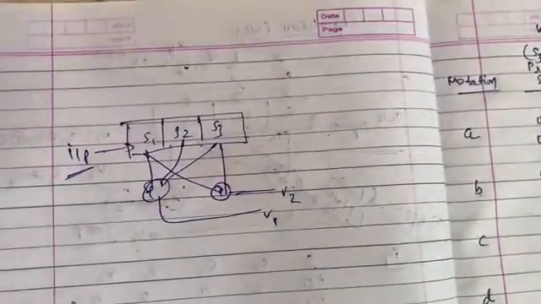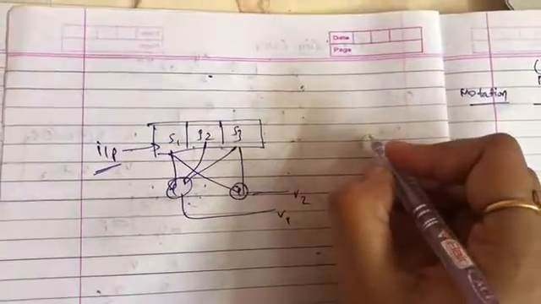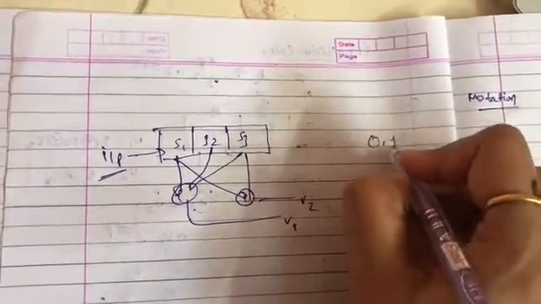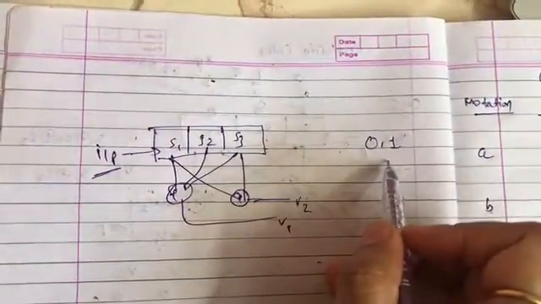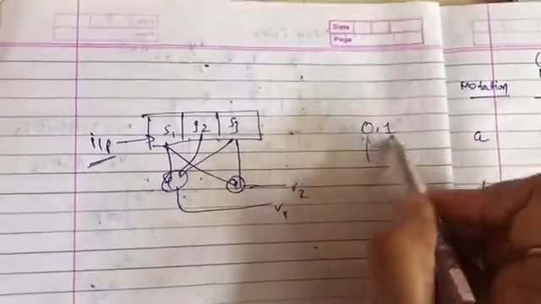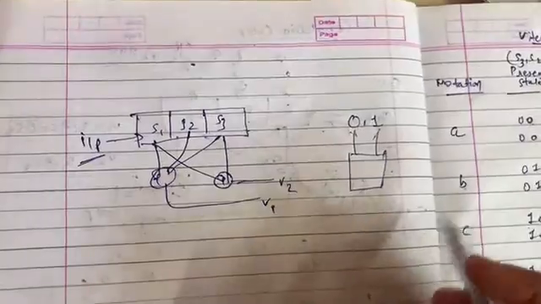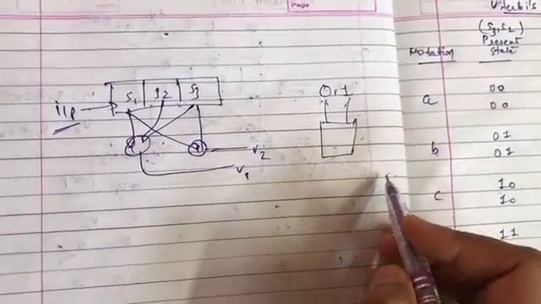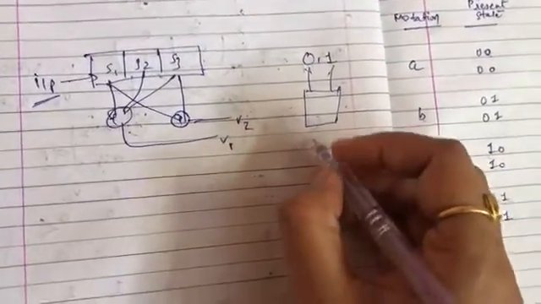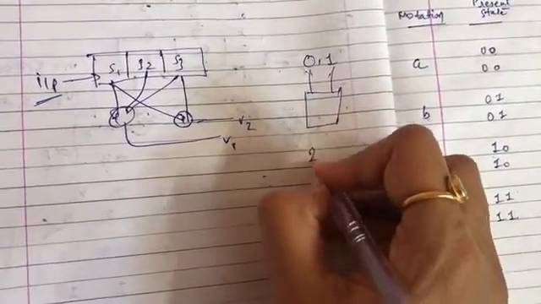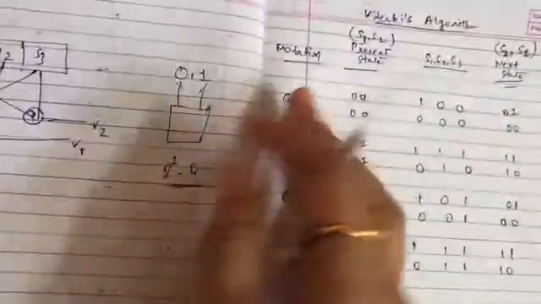When you are giving any input, as we are studying binary, there are only two possibilities of input, either 0 or 1. So on the basis of this 0 and 1, let's consider the possibilities. How many combinations are there using two inputs? It is 2 raised to 2, so we have 4 possibilities of combination.